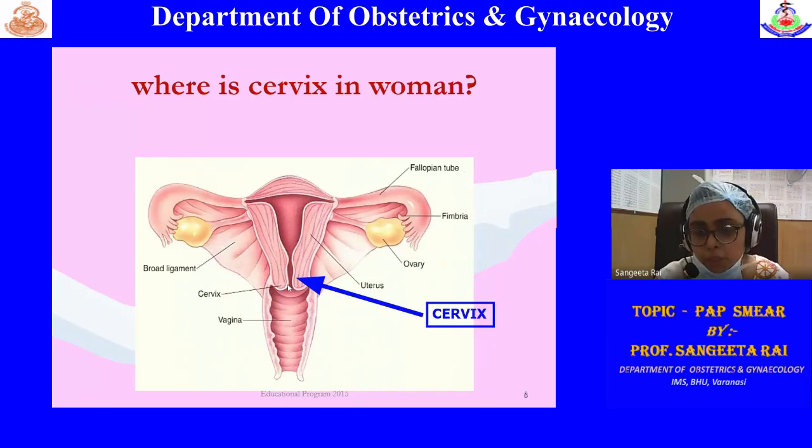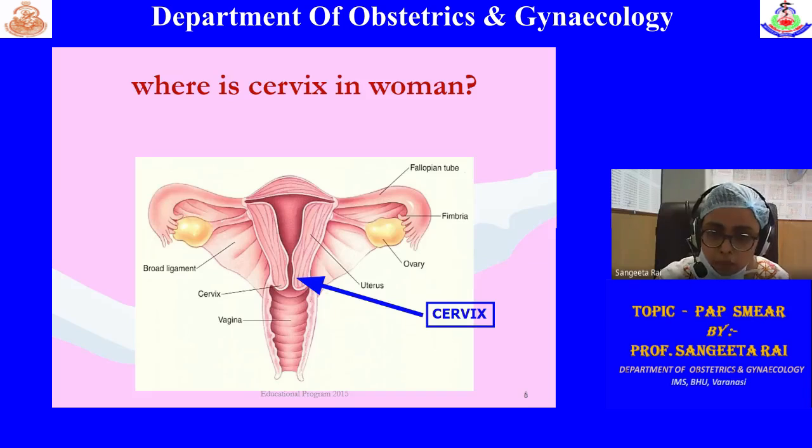And it becomes a normal squamous epithelium. So you know that the original is this, and now the recent one is this, the new formation. So this whole area is the junction, this is a zone formation. The area between the old and the new squamocolumnar junction is known as the transformation zone, and you need to understand how it forms and what the area of the transformation zone is depending upon the age group.